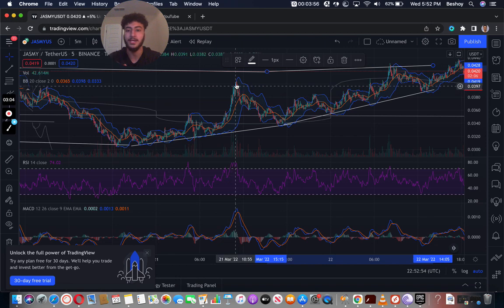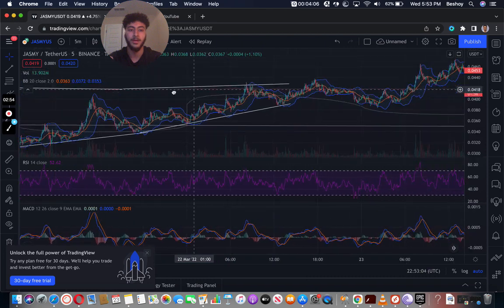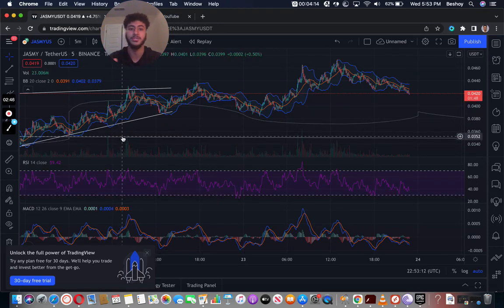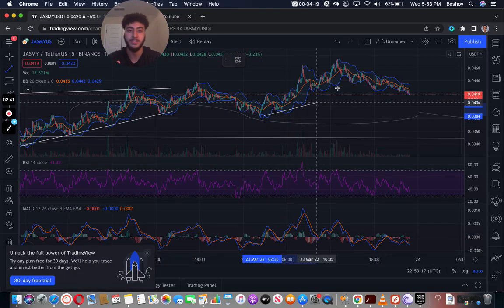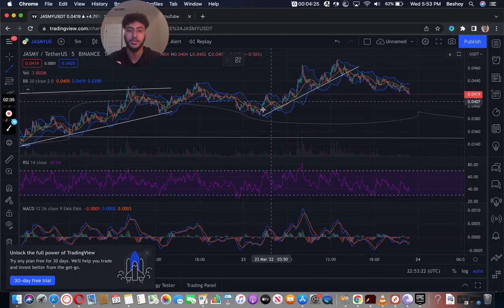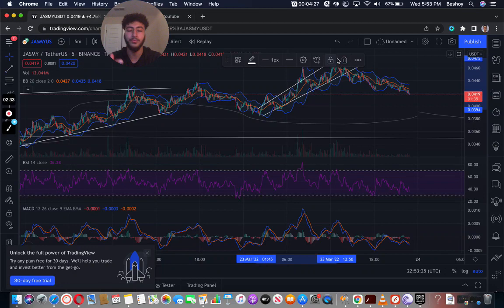And the time that it came out again, we were oversold on the Bollinger Bands as well as the RSI. So just keep that in mind. On the 5 minutes, we're still in the range of market for JASMY. As we scroll down as well, we're still in this breakup structure here, and we have the zones that we drew out, and it's still respecting these zones. Currently on the 5 minutes, for the latest news, there was an uptrend that we can see here. We had another uptrend right here, and we wanted to see price break out of these zones and test newer highs, but unfortunately, if we zoom in here,